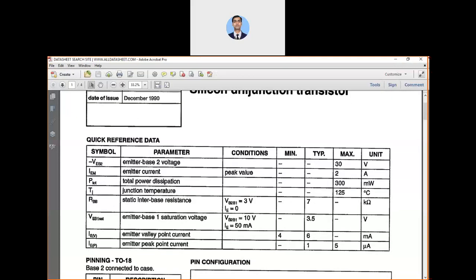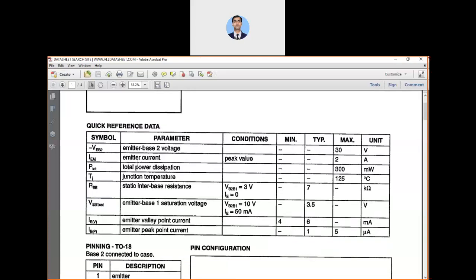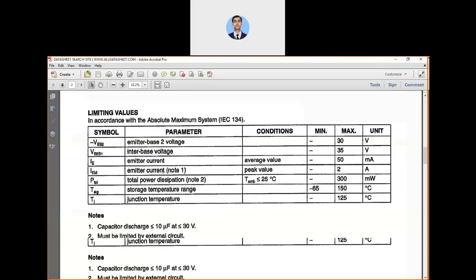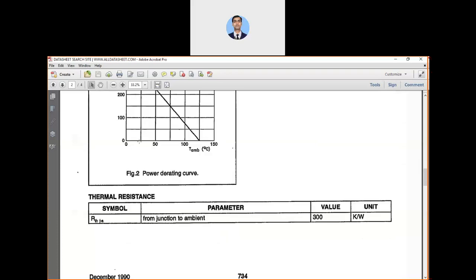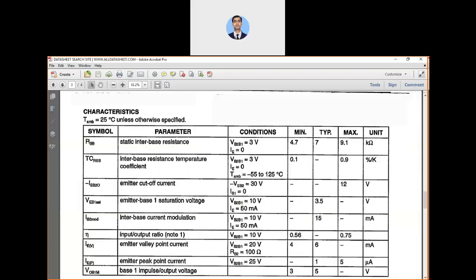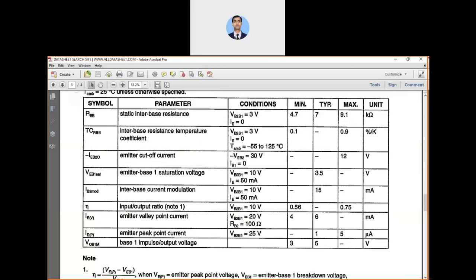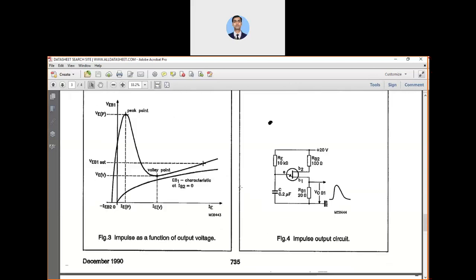Based on these ratings and data, the limiting values are given, and different values are given, also the characteristics at 25 degrees Celsius temperature. Based on these minimum, maximum and typical values, you can design your circuit. Like in this data sheet, this particular circuit is designed, which I already demonstrated in part 1, and it was successfully giving pulses for SCR triggering. In the same way I did this simulation also.